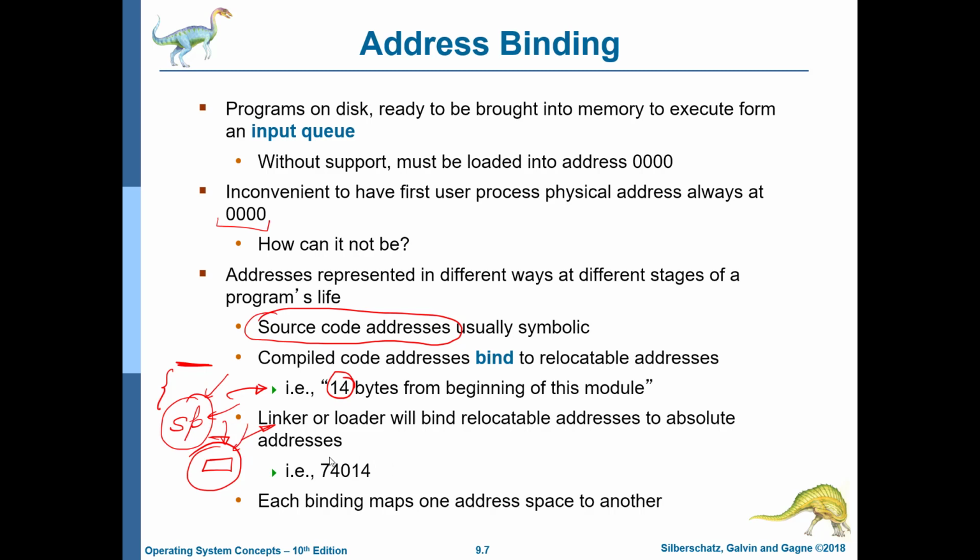Or what can happen is that you leave the value of these registers unassigned, but when the operating system loader is starting the program, it can set the value of, let's say, the stack pointer register, and then all the addresses within the program will be with respect to this. You can think of this as a pre-load time address setting, where the program still has relative addresses. They become absolute when the program starts to run. So each binding essentially is a mapping from one address space to the other, let's say from the symbolic address space to the relocatable address space, from the source code to the compiler, and from there to absolute.